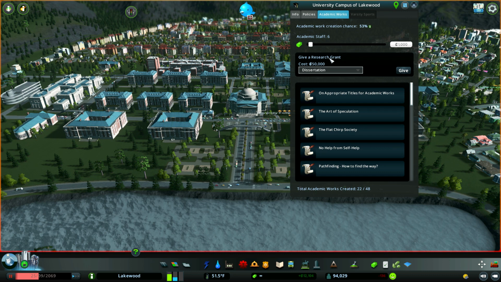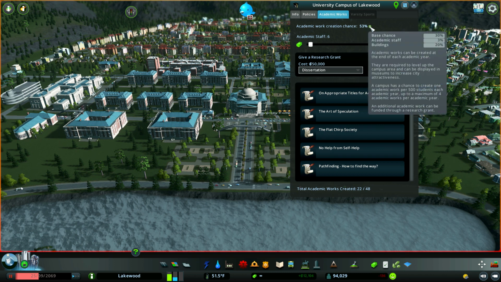And you can also give research grants. You can do it for dissertations, discovery, and scientific study, depending on what kind of school you're looking for. If you donate money, all of a sudden your academic work creation chance increases. Right now mine's at 53%. Base chance is 30%, academic staff is 3%, and buildings are 20%. So academic work should be created at the end of each academic year. They're required to level up the